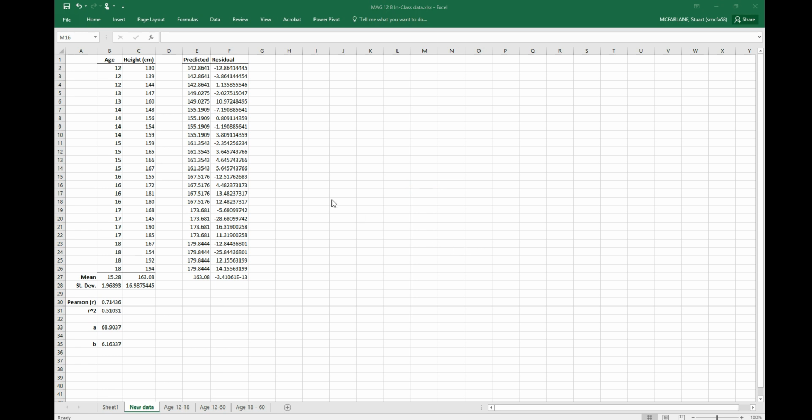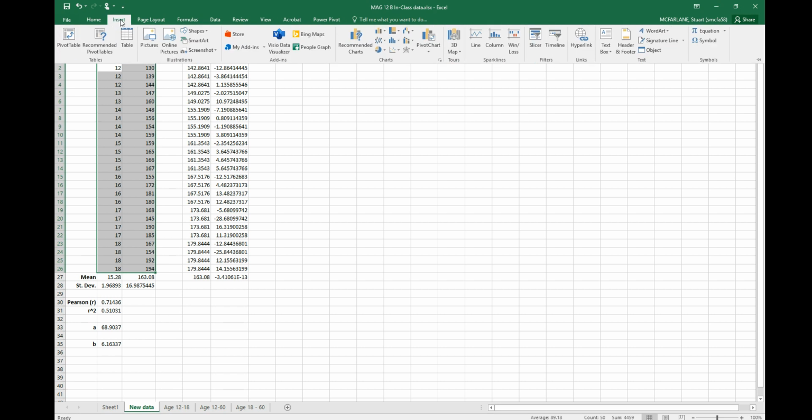Okay, time to make a scatter plot of all of our data. To do so, we're going to highlight all of the values for our x and y variables, or our explanatory variable and our response variable. So that would be our x and our y. Highlight all the information, just the numbers is required, and then go insert, and we're going to look for a